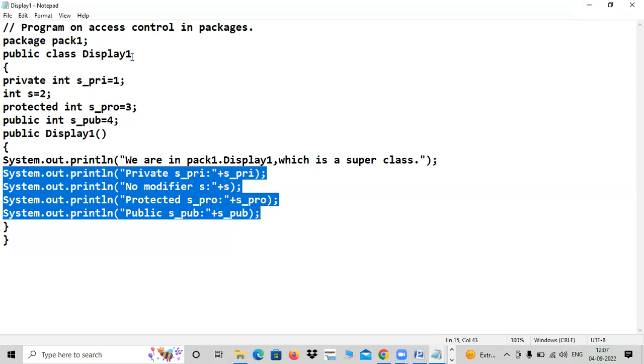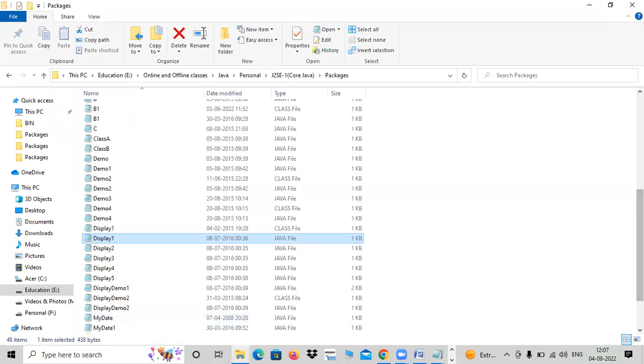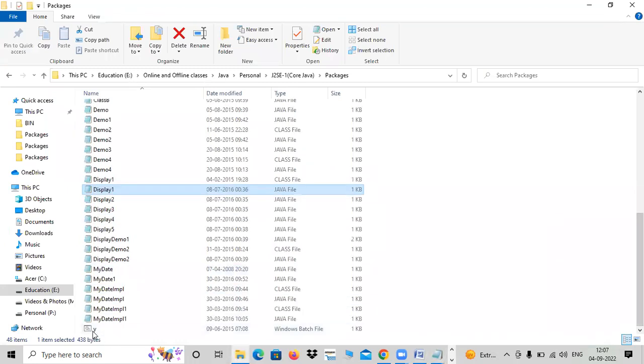Same class, right? What is the class name? Display one is the class. Within that class, all these variables are going to work. Yes. It is the parent class. Everything is working fine in that. Isn't it? So can I compile this? Yes, 100% you can compile that. Let me compile that.